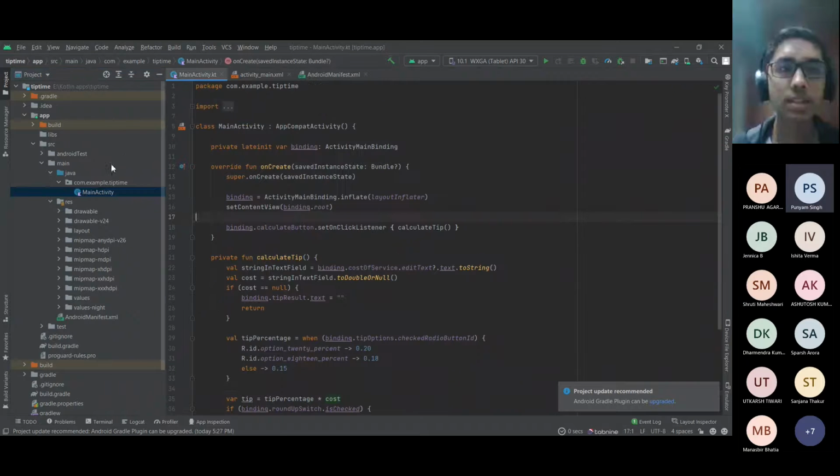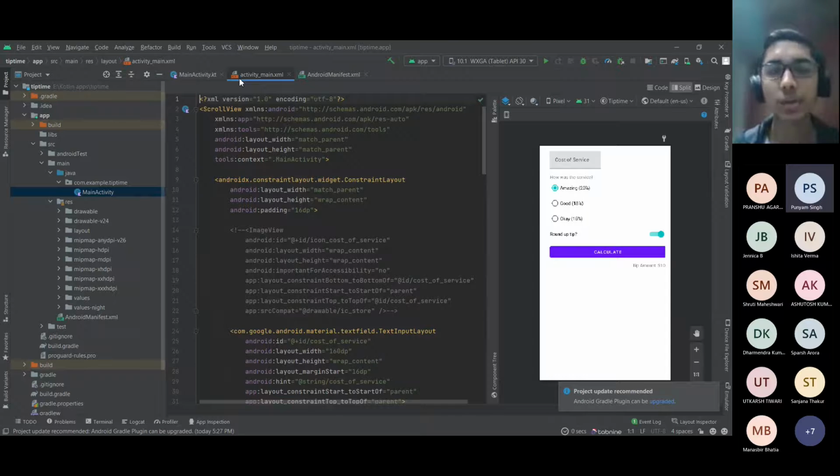And after that, let's review the UI first before we get into the Kotlin part of things. I guess that would be easier than directly diving into the code part. And I think we can discuss a bit about the first 3 lines that are there here. So what it means is that xmlns stands for XML namespace.